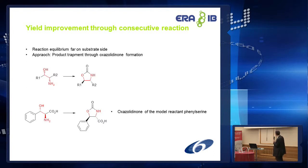In order to shift the reaction equilibrium to the product side, we started with oxazolidinone formation, which is this kind of compound. The advantage of this approach is that we anyhow intended to produce chiral oxazolidinones as chiral auxiliaries as well as chiral building blocks for pharmaceuticals production. So we would in one go obtain the desired product and shift the reaction equilibrium, and as an in situ removal